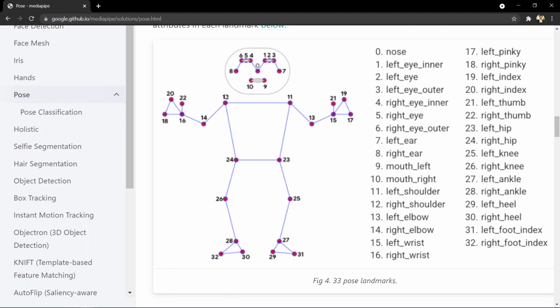So the thing is that if both of these points are aligned, and let's say the point number 14 is above point number 12, and over here the point number 13 is above point number 11, that means that the person has successfully completed 1 rep, and we will consider it as 1 rep and increase its count. Otherwise we won't count it. So this is the basic idea.